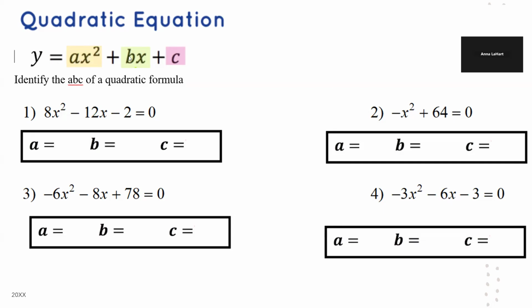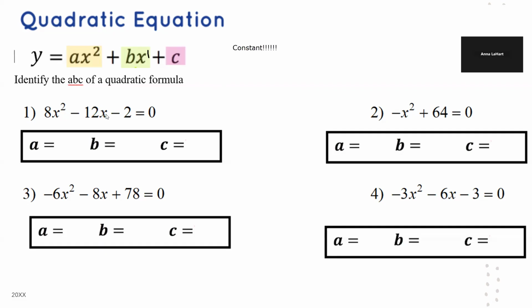B is the coefficient that goes with the linear term. This has an exponent of 1. That is a linear term. The b value is the coefficient that goes with it. And the c is a constant. The word constant means number. Number at the end. Okay, so for example, level one, if we look at this first example, we have 8x